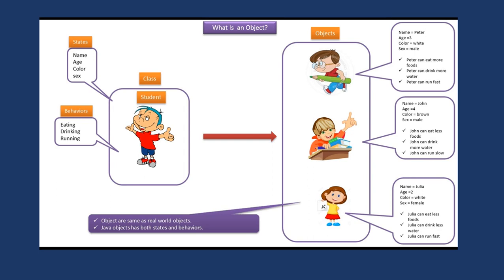They are not behaving exactly the same. They are not doing the exact same things. So that is what it is all about. That is why object oriented languages are very important, or have in fact become a mandate for every IT student, or everyone who wants to work as an IT techie. It becomes a mandate now. So you can see objects are the same as real world objects.